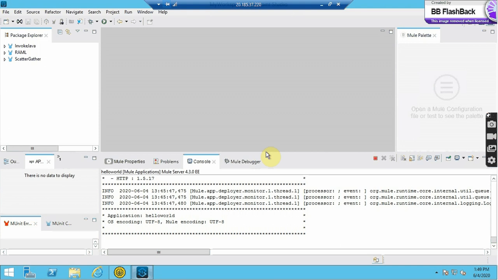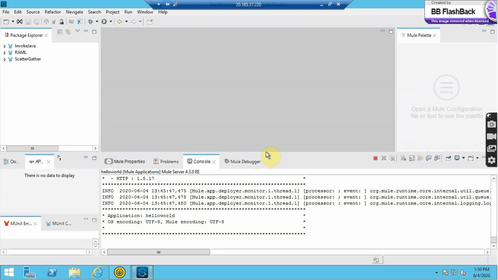So today we are going to build one API that will print hello world. So it's a simple basic program. Before starting the programming part, the first question that comes into the mind is what is MuleSoft? MuleSoft is a data integration platform which is built to connect a variety of data sources and applications. So it is basically used to perform ETL process in cloud as well as on premises.